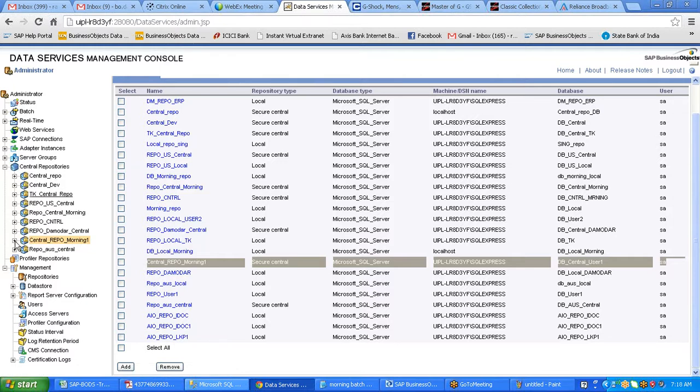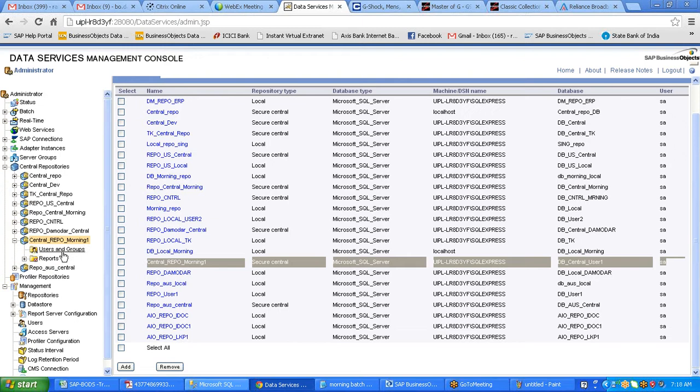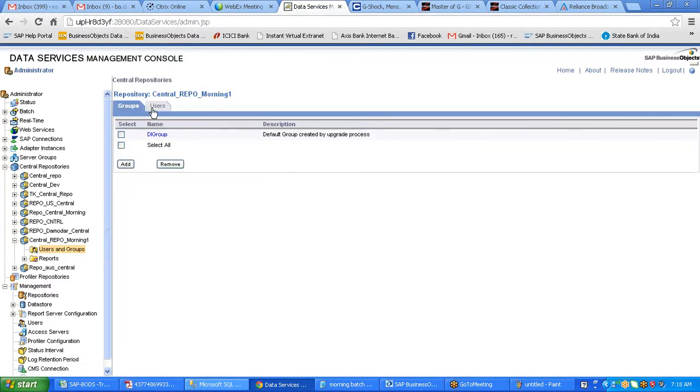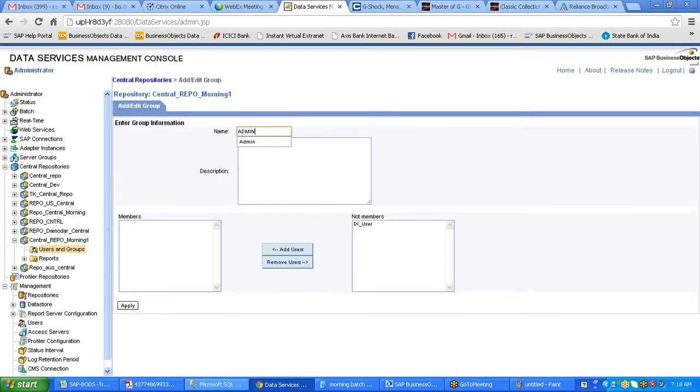Alright, so the next step is to create users and groups. Now we created a secure central repository and added it to the management console. The third step is we have to create users and groups. To create users and groups, click on this tab here, users and groups, and now we have the users tab and the groups tab, right? Let us do it from the lower level, or you can do it even from the top level as well. Create groups now. So we are creating a group like admin